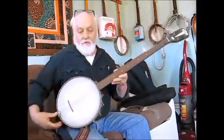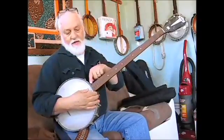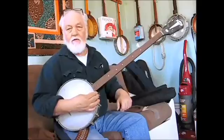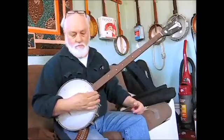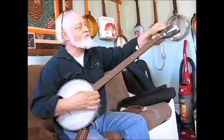A lot of times when people bring them to me, I can tell the neck could use a little alignment because the strings are really high and really out of tune. But that's fixable. Usually, what I do, I start with the 4th string,